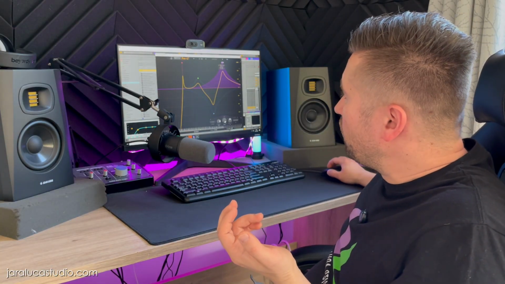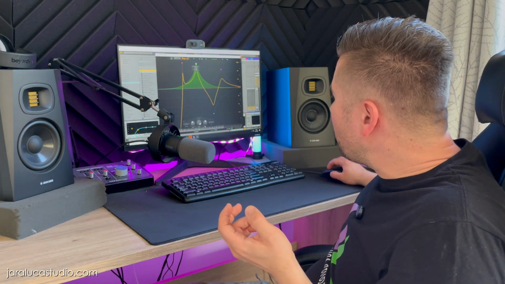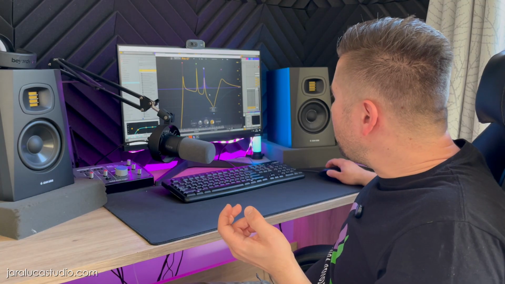Sometimes we have to boost some frequencies, and it's okay. But this kind of very sharp frequencies, if you don't understand how it works, don't use it. Use, for example, a parametric EQ to cut the low frequencies, boost some frequencies a tiny bit, but don't put too many crazy things like this. Don't overdo it. Use it nice and simple. Learn about it. Learn how to use EQ. Learn how to use compressors.